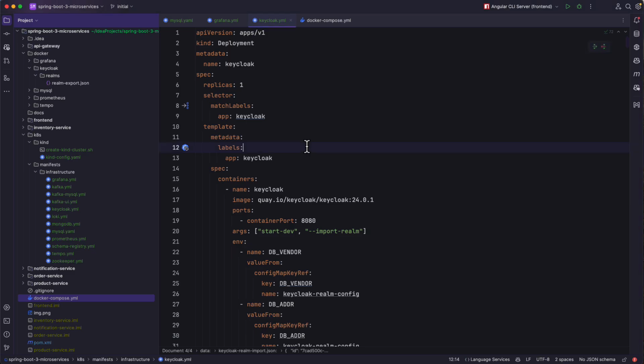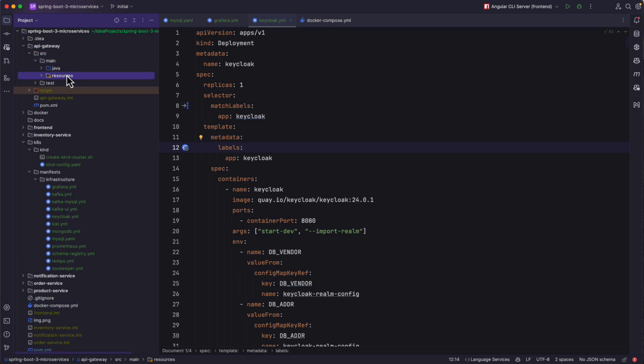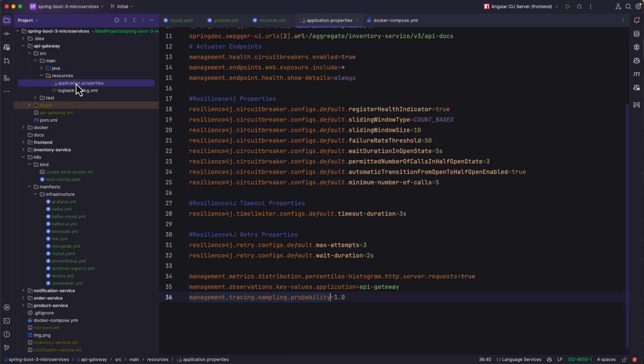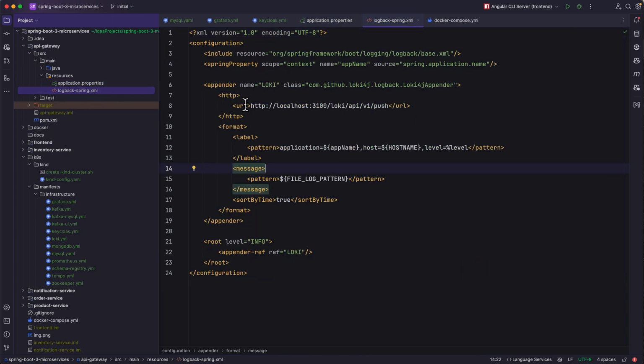But before doing that, we need to make some small changes. So what are the changes? If I go to the API gateway, source main resources, and inside the logback-spring.xml, you can see that we are using this URL of Loki, which is pointing to http://localhost:3100/loki/api/v1/push. So we have a problem here because the URL of Loki is hard coded inside the logback